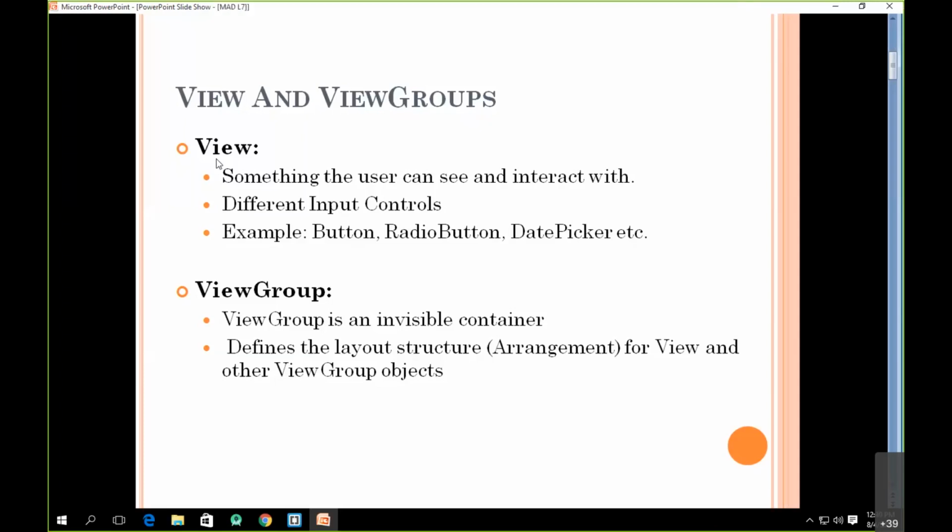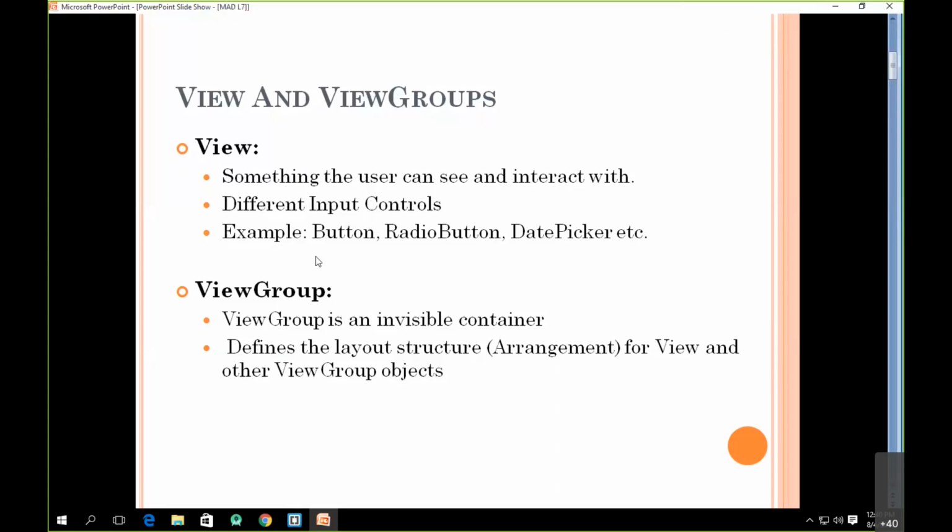If you have worked with Java, we simply called them JButton or buttons. In this case, the different input controls are now called views. So just remember, views in Android are nothing but different types of input controls.